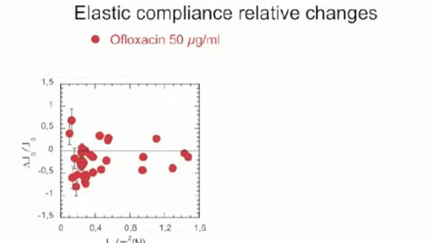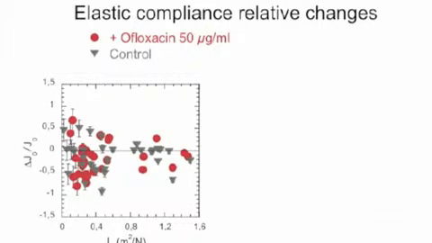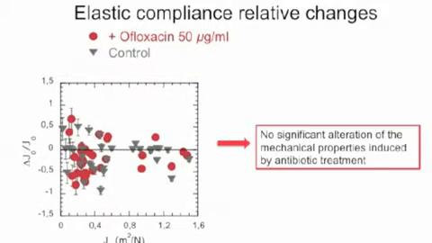On this graph, you can see the relative differences of elastic compliance obtained for an ofloxacin concentration of 50 microgram per ml. In gray, the results obtained with the control treated the same way in the absence of antibiotic. Obviously, the 12 hours antibiotic infusion has induced very limited changes. Treated and control samples are very similar, and the small changes simply correspond to the slight evolution of the biofilm